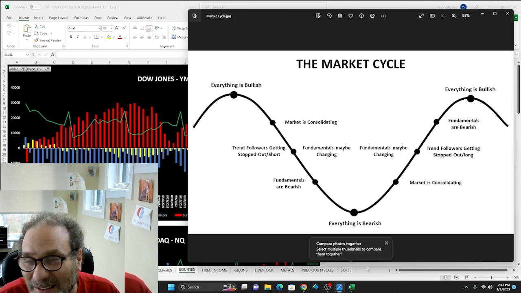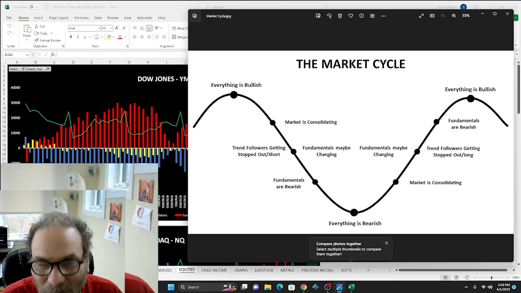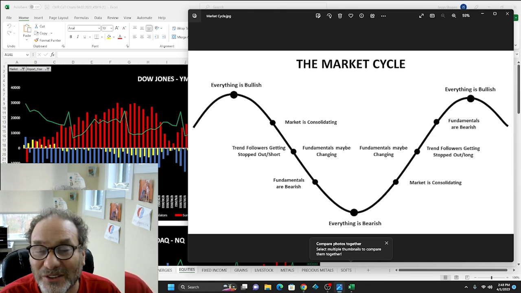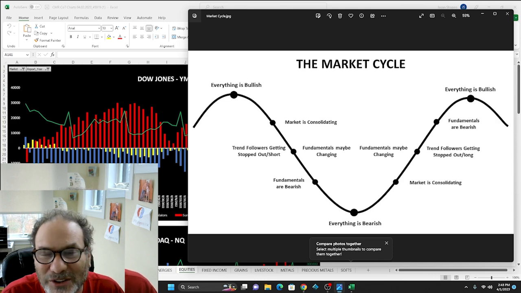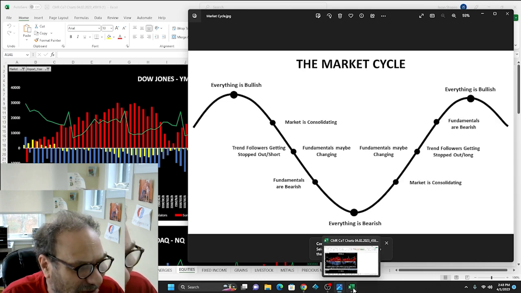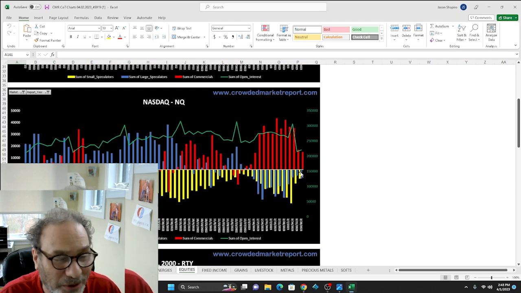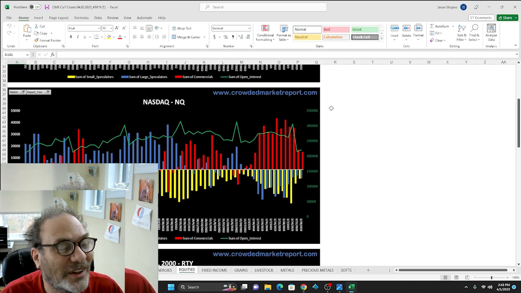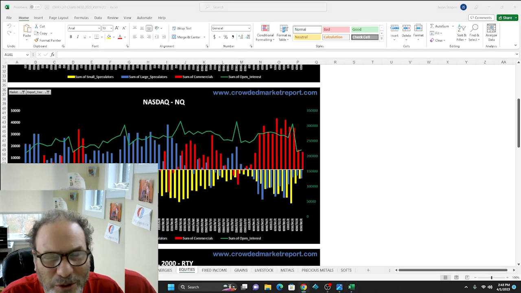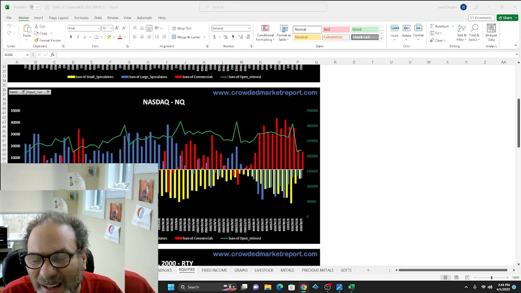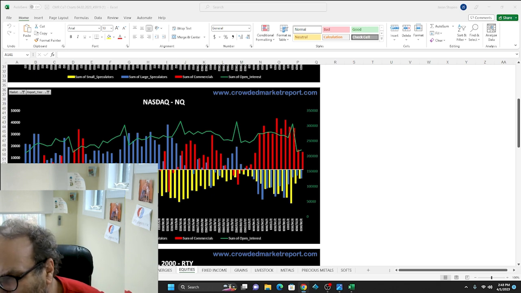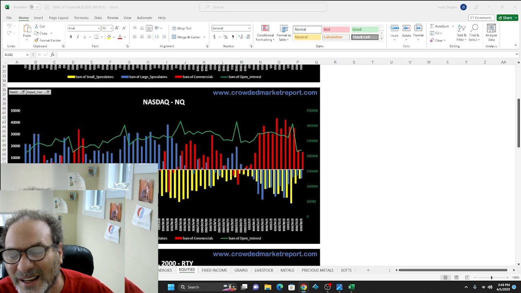So what this means is, if we're here on the cycle, and we're going to get to a point where trend followers are not only getting stopped but getting long, this market has a very long way to go to the upside. It's impossible to say what it is, but in general, if it's taken this move to get the NASDAQ from short to kind of neutral, then you would think it would be an equal amount of move to go from neutral to long. The NASDAQ, from that short to neutral area, has rallied about 1,300 points, from 11,000. So if it were going to take another 1,300, you'd be at